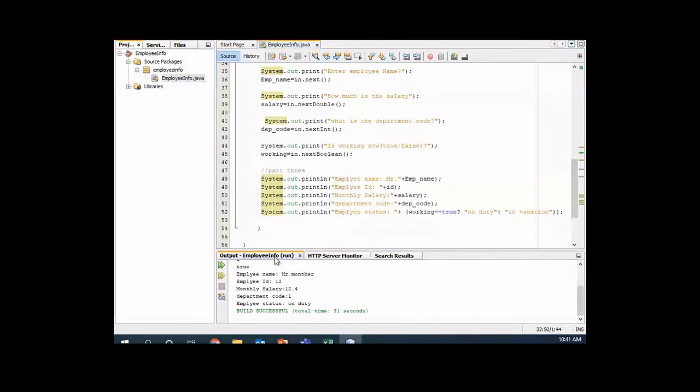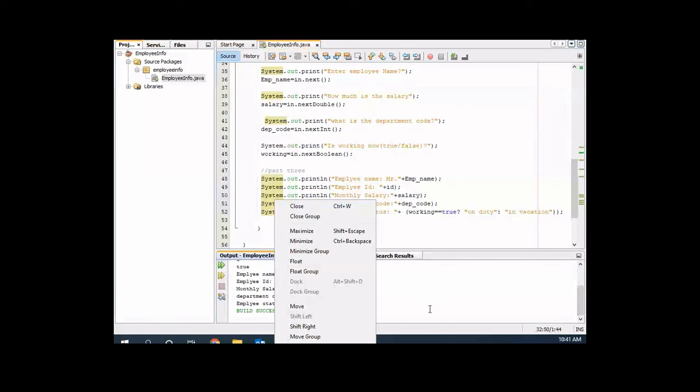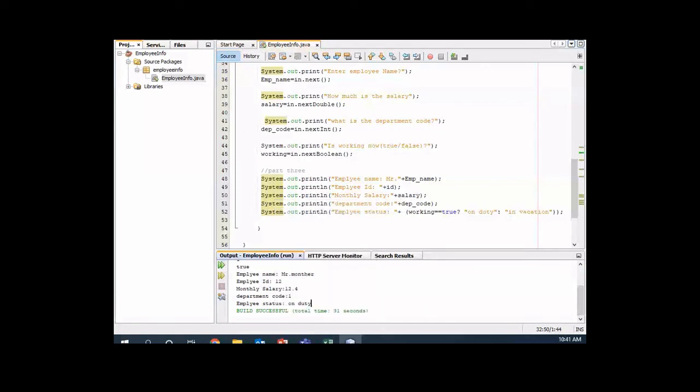Okay, so let me just clear the input. Okay, try to run it from the beginning. So if I run it, you can see here, enter employee number. Let's say 1. It asks you to enter employee name. Say Wonder, for example. Enter, and then how much is the salary? You can say, for example, 200, and enter. Which department? 2, for example. And is he working or not? False. So now you can see the print